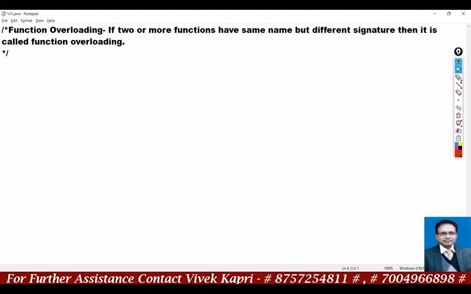How will this be implemented? Suppose I am creating a class CL. Here I am creating two functions having the same name.